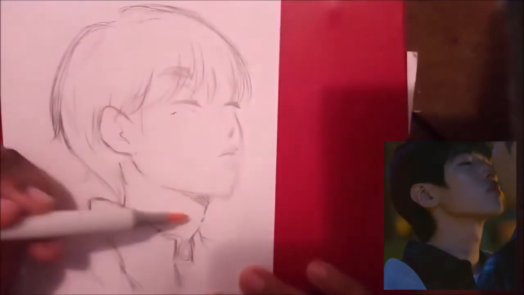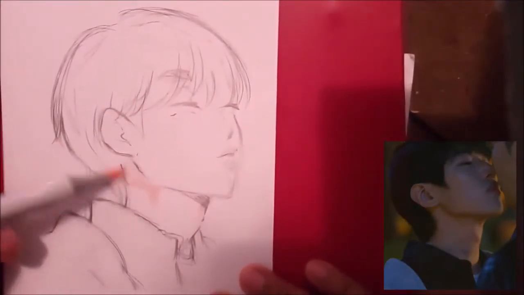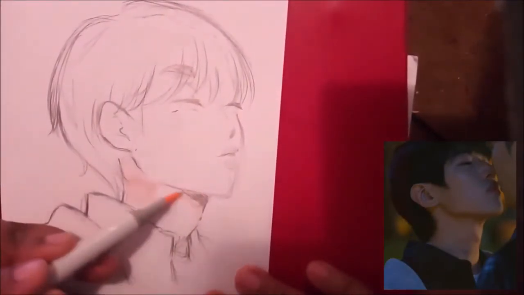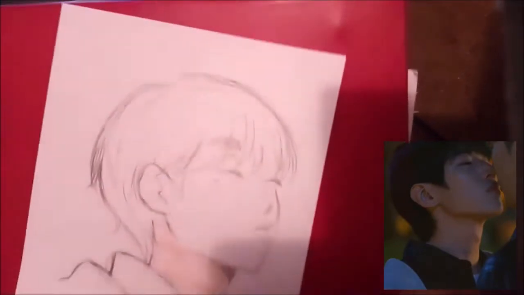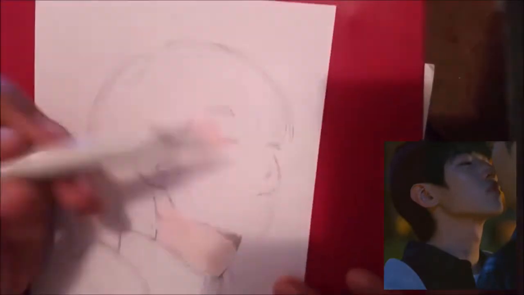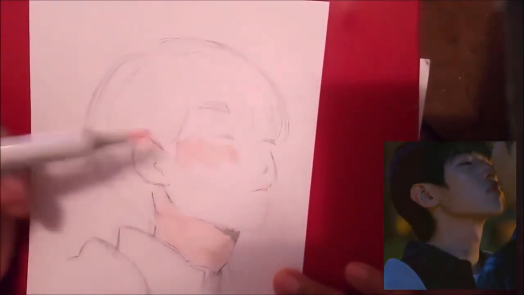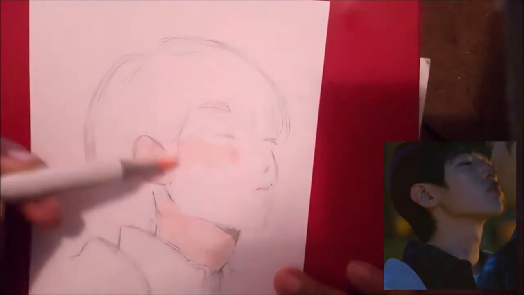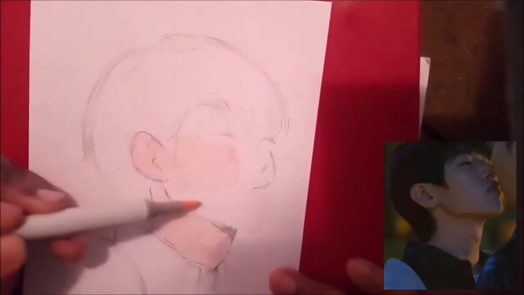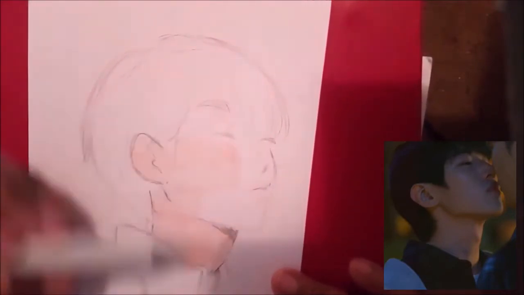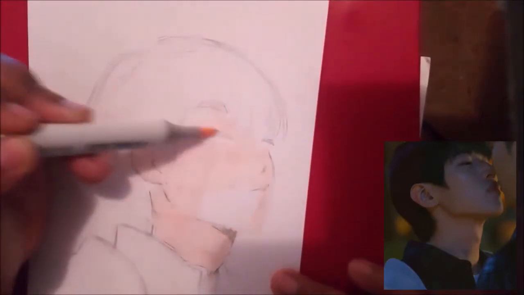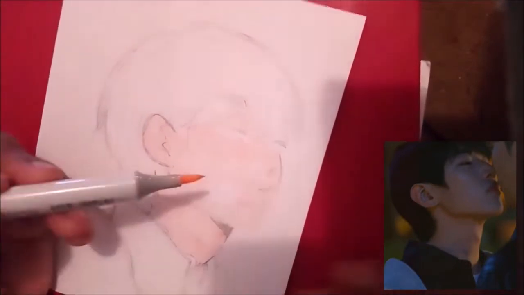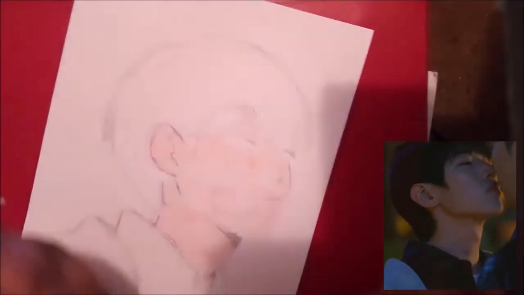Alrighty guys, so now we're in the speed paint portion of this video. As you can see, my drawing is not outlined. I'm actually doing some new techniques up in here with coloring, so I'm getting there. But for this drawing, I did have the heavy pencil outline, but as you saw, the pencil was smearing with the color, and I just didn't like that. So I found one of my kneaded erasers and I lightened up the pencil lines, and it worked like a charm.